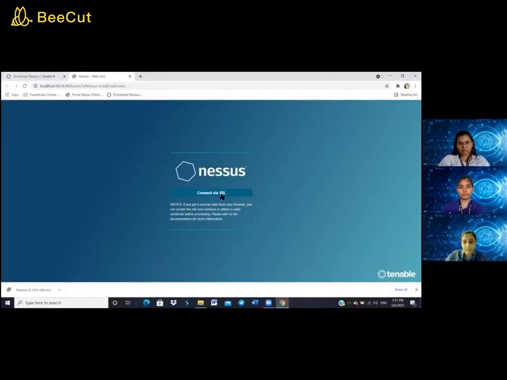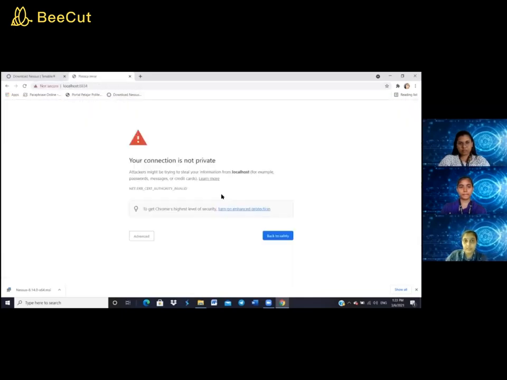Now I will click connect via SSL. When I click on connect via SSL, there will be a page showing an error message that your connection is not private. This is normal because we are not using a professional account. We are using the Nessus tool for an educational purpose right now.